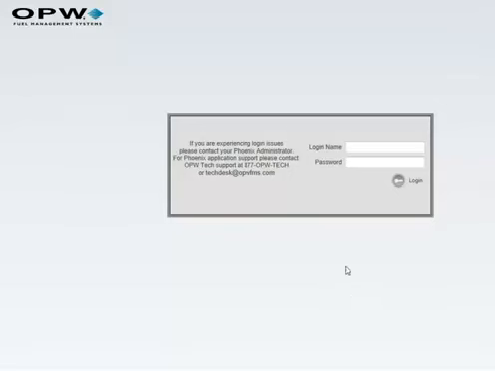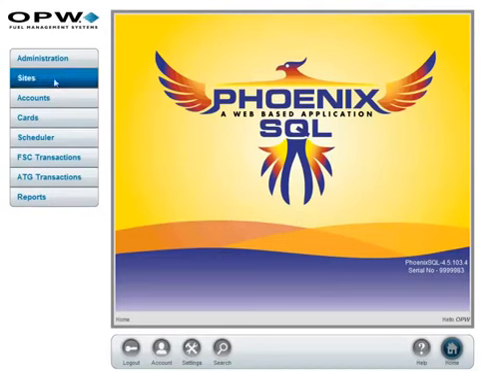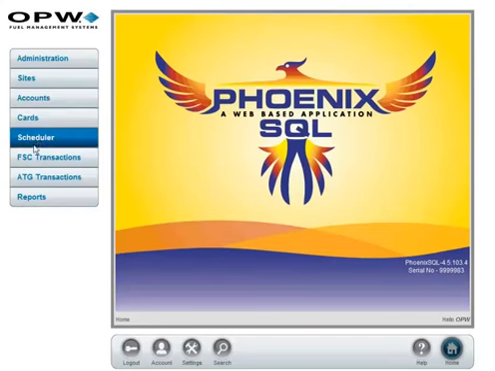To log into the Phoenix SQL product, you need to provide your login credentials. So for this demo, we're doing OSales, and the password for that user is 12345. Once I've logged into the application, you have your various modules on the left-hand side: administration, sites, accounts, cards, scheduler,